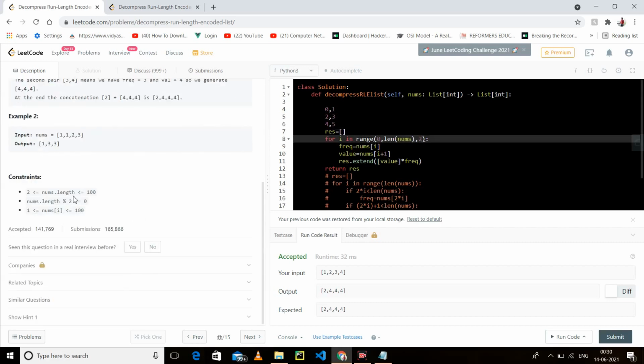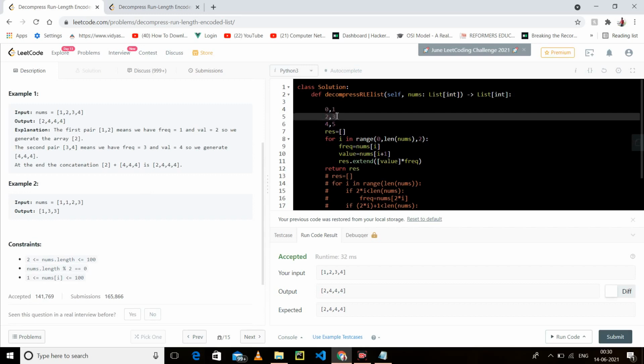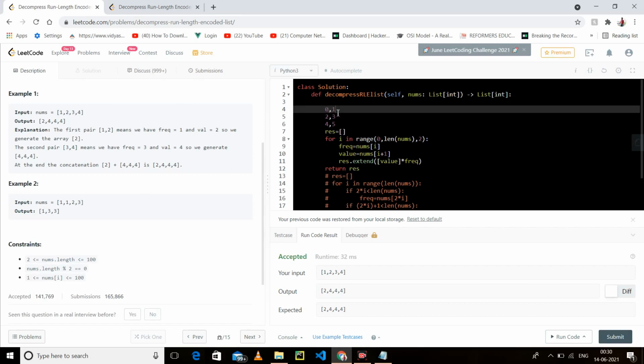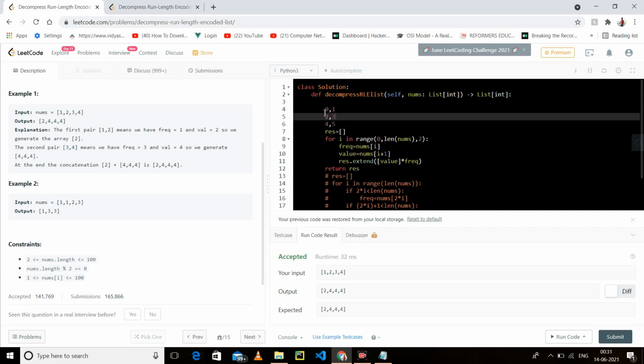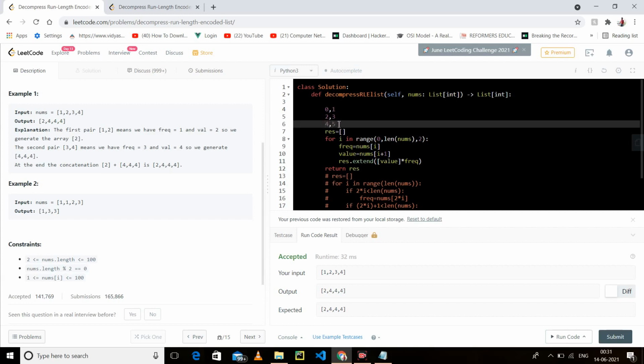Why? Because it is given that the length of nums is always divisible by 2. If you can see here, it is 0 1, of length 2. When I am going to traverse the second index, so you can say 0 index, first index, 2 index, it is clear that index 3 is also present. Why? Because the length is even. This is first, second, third, fourth, so this is of complete length 4. When I am about to traverse 4, I am sure that the 5th index is also present.